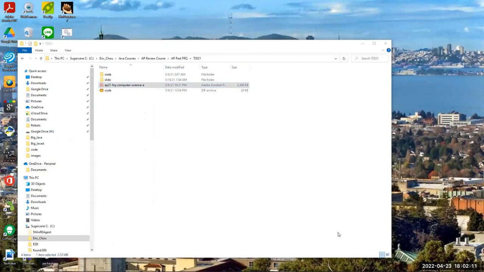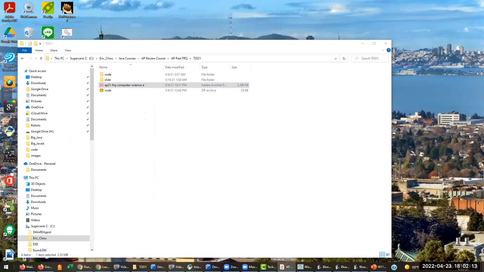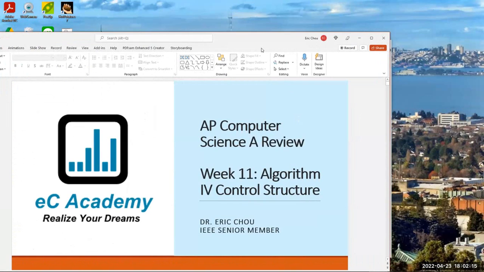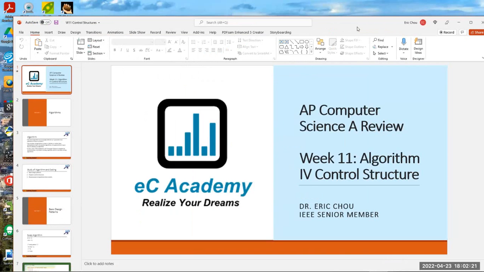Okay, we have to get started, okay? So this week, we already finished our review for the multiple choice, okay? So we are focused on the FRQ review. First thing is that we have a few slices left and we will go over the different